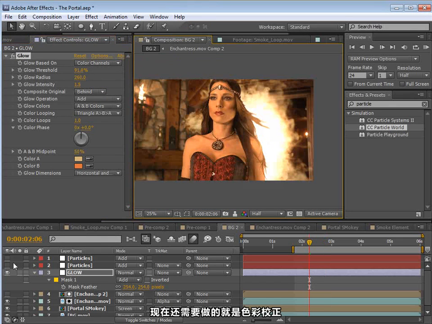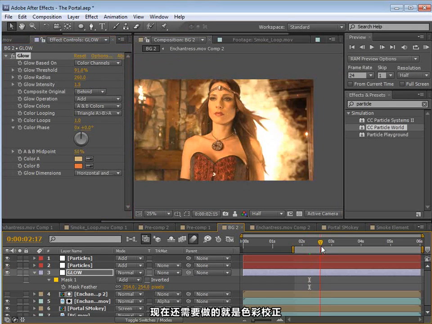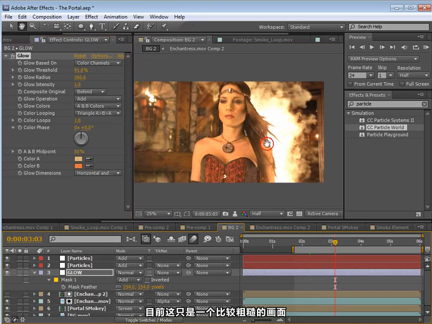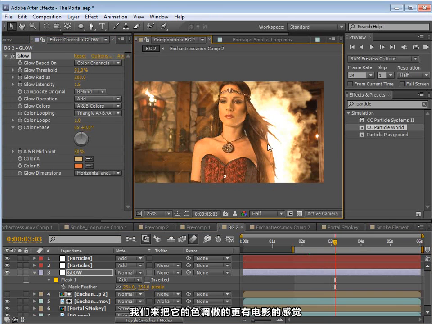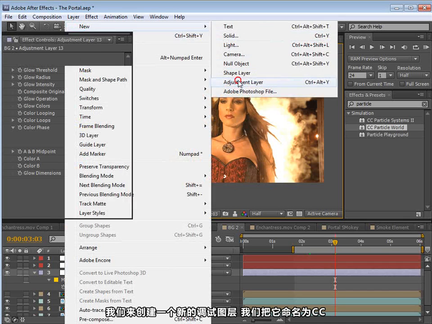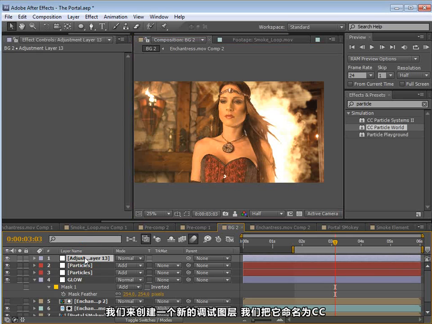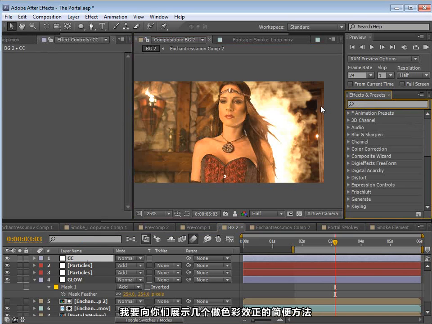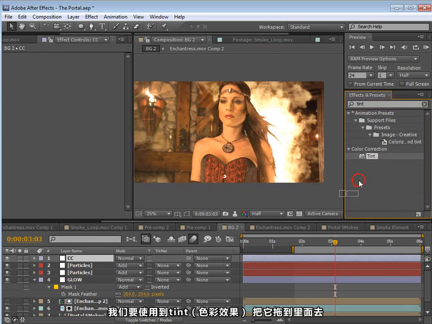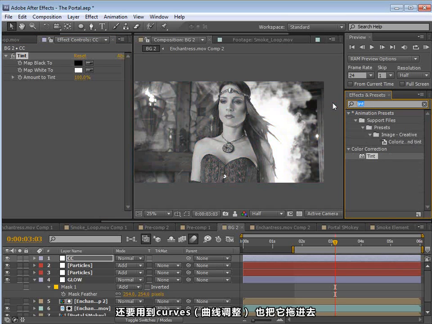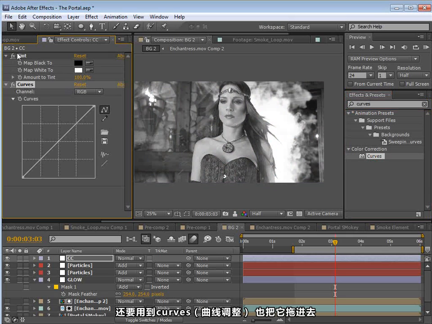Now, one of the things that's missing here is the color correction. So this is just raw footage, but let's give it a little bit more of a cinematic color. So we'll create a new adjustment layer, and we'll call this color correction. And I'll just show you a couple of quick ways I like to color correct. So we'll take the tint effect, drop that on there, and we'll take the curves effect and we'll drop that on there. So first with the tint, let's bring that down,